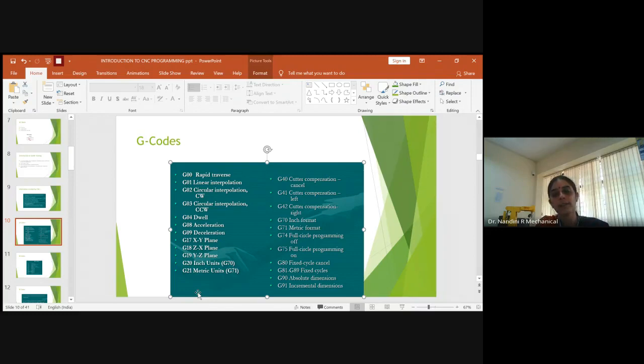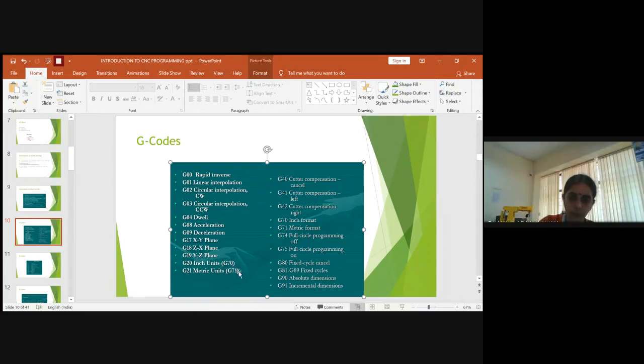Later, in the software when we use it, there will be two types of units. You have to select whether you need metric units or inch units. Based on that, you will be able to select the codes either G70 or G71. It is also sometimes called G20 or G21. Both are written over here, and both have the same meaning. When we use the software CNC turn, sometimes the software gets updated and the terminologies which were supposed to be used as G70 and G71 might be changed to G20 and G21 in the advanced versions.